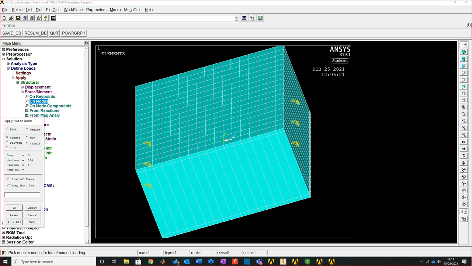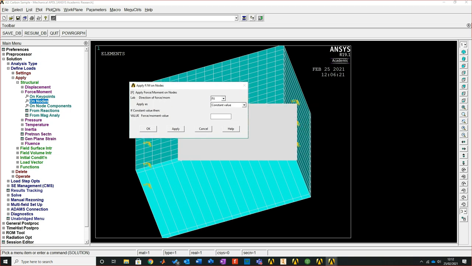Don't forget, with the arrow pointing up, I'm in select mode. With the arrow pointing down, I'm in deselect mode. So I'm going to pick a node here, and another one here. These two nodes are going to be my target for where the force is going to be applied. I can put this in the middle if I wanted, but this point really tells us any type of shearing that's occurring at each XY, YZ planes. So if I click OK,